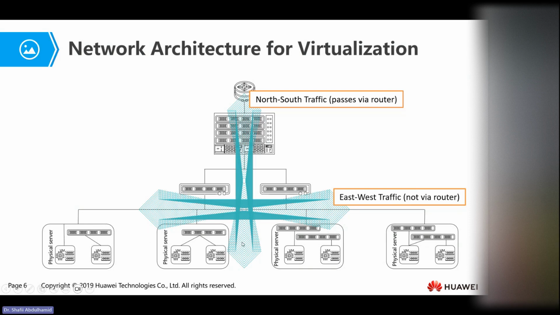What else do we need to explain here? We need to explain that there are two types of traffic in a virtualized environment. The first one is called north-south traffic, and the second one is called east-west traffic. Okay, so this blue line will help us to explain it better. North-south traffic is traffic that has to pass through the switch, or layer 3 switch, that connects you to the router before communicating to another device outside of the network.